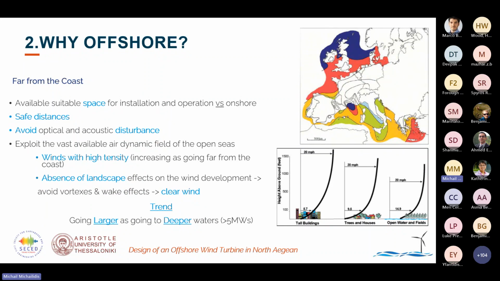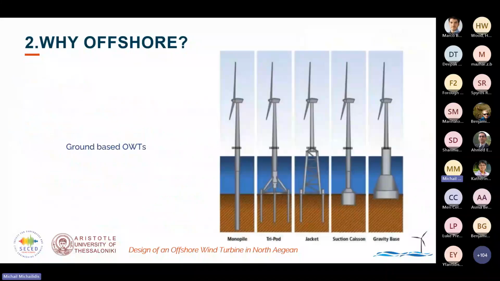So these points confirm the trend why we need to go to deep waters if we want to go to larger wind capacities. There are a couple of gravity-based cases that are implemented across the last decades. The most favorite one is the monopile substructure that you can see on the first slide. There are also tripod or jacket steel structures, while there are concrete ones on the right hand, such as suction caisson or gravity-based ones.